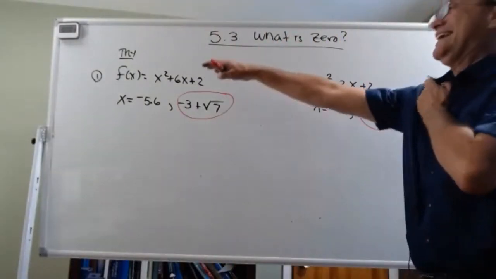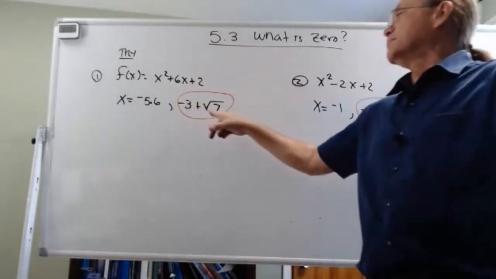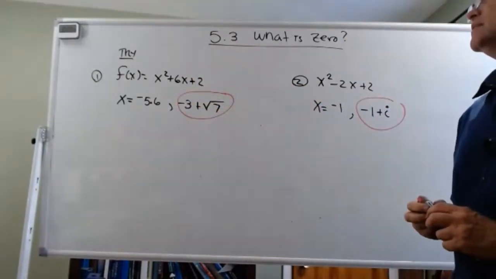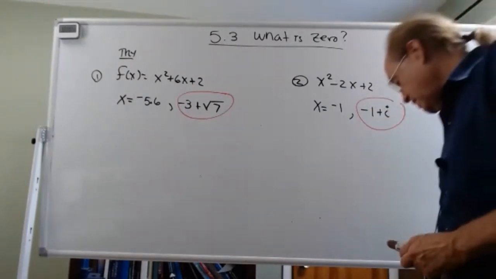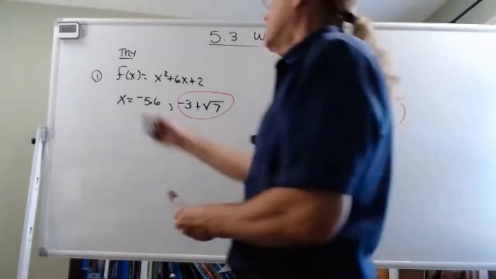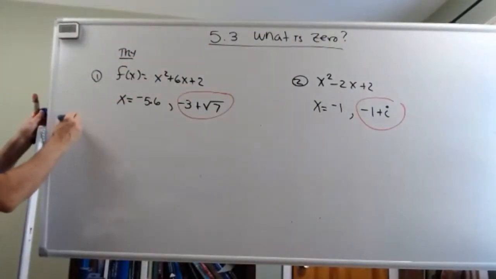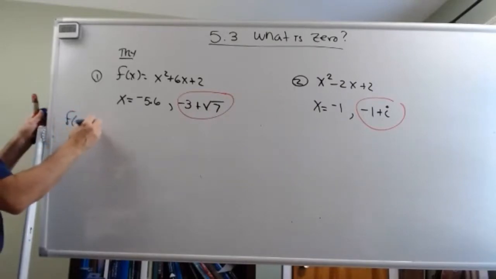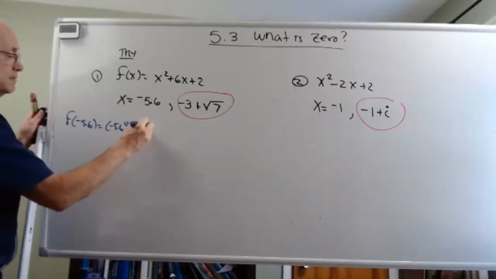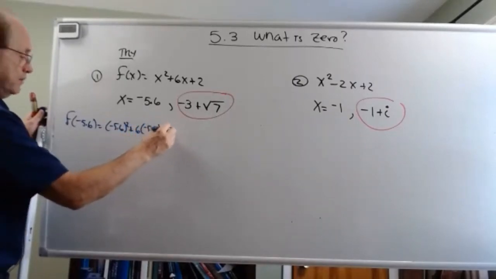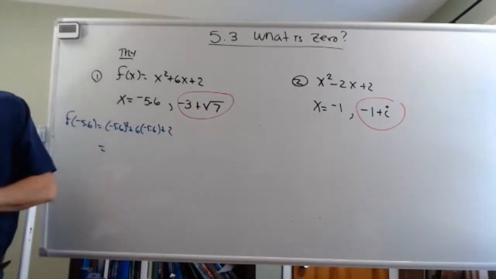Does anyone want to see how I verify that that one doesn't work, but that one does work? And number 1. Okay, so let's plug everything in and see what we get. We'll try the first one. It's relatively easy. So I put in f at negative 5.6. That's negative 5.6 squared plus 6 times negative 5.6 plus 2. Plugging that into your calculator, you should get